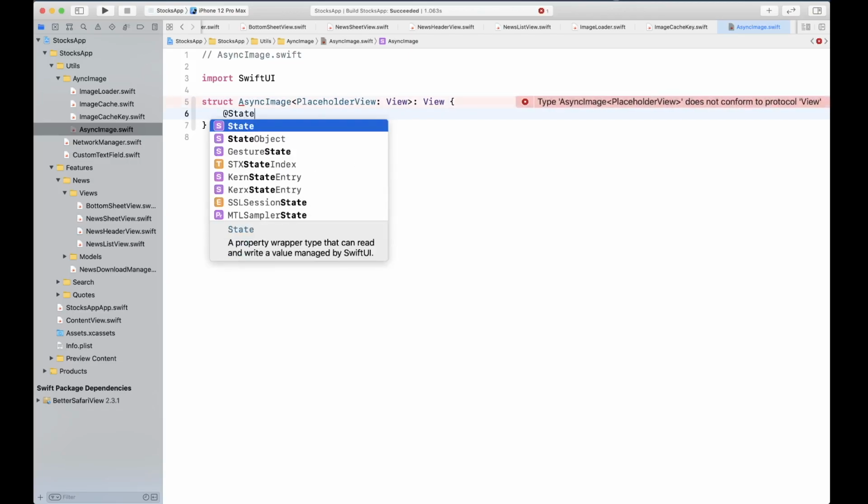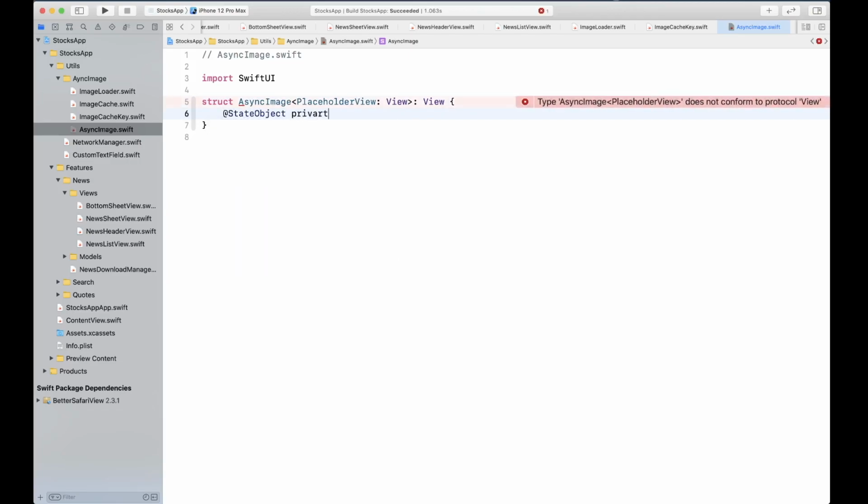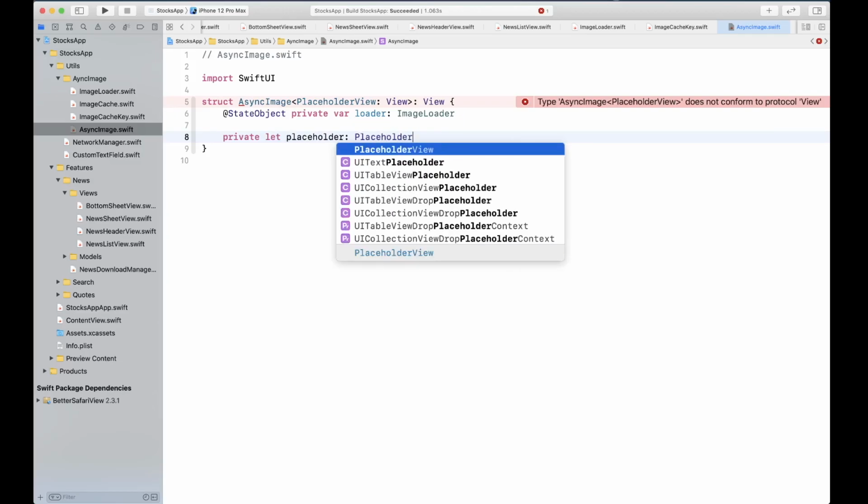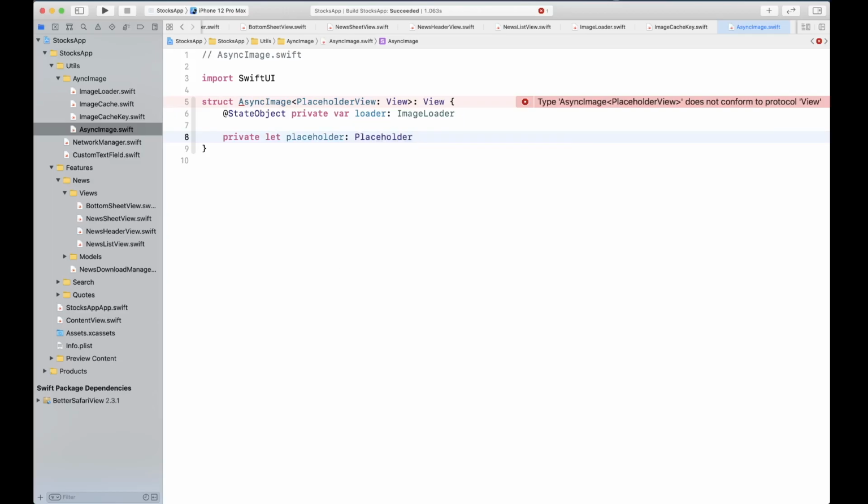Now we're going to have a StateObject, private var loader, ImageLoader, private let placeholder is going to be a placeholder type that we haven't created yet. Actually it's going to be placeholder view, sorry. So this is going to be our placeholder.